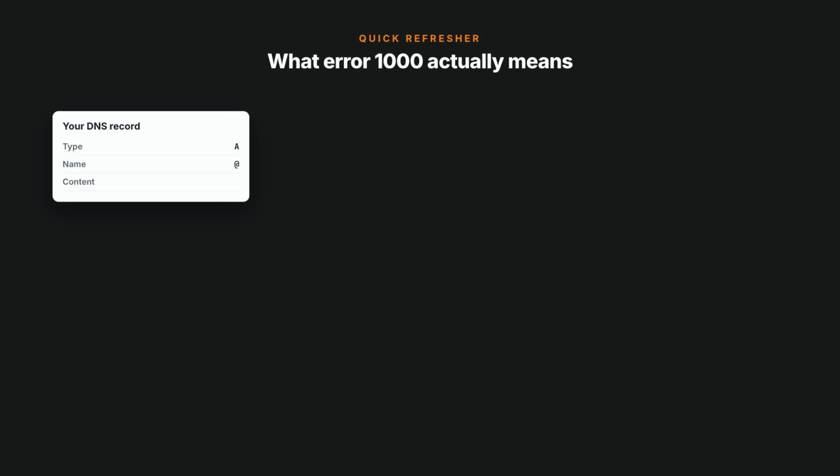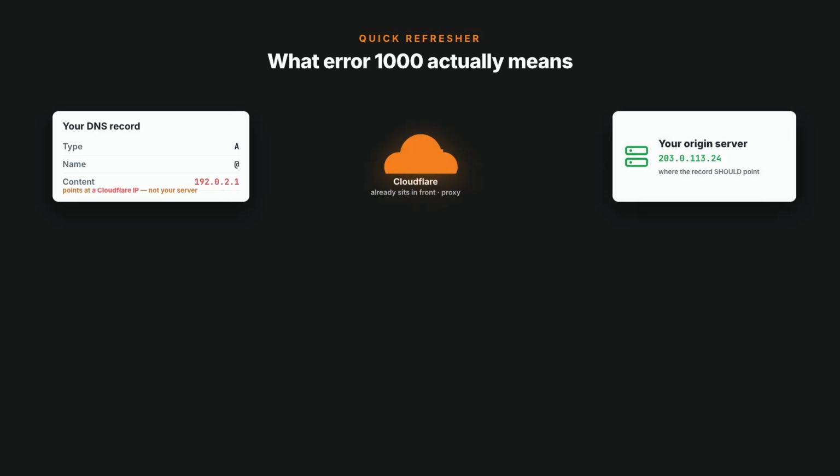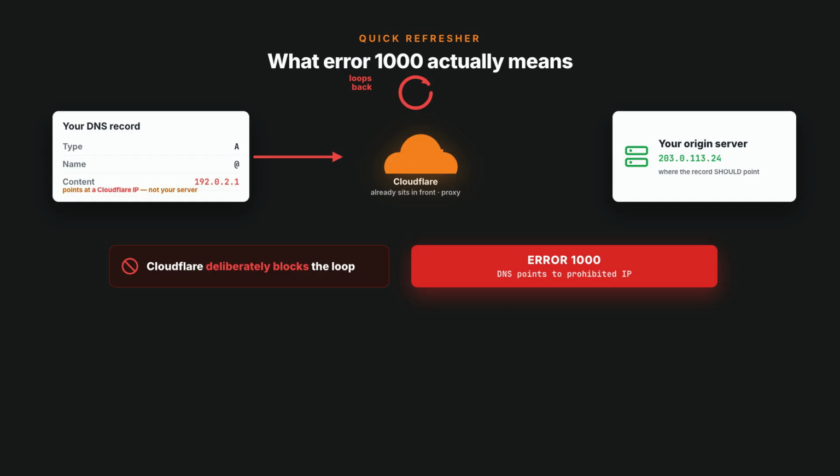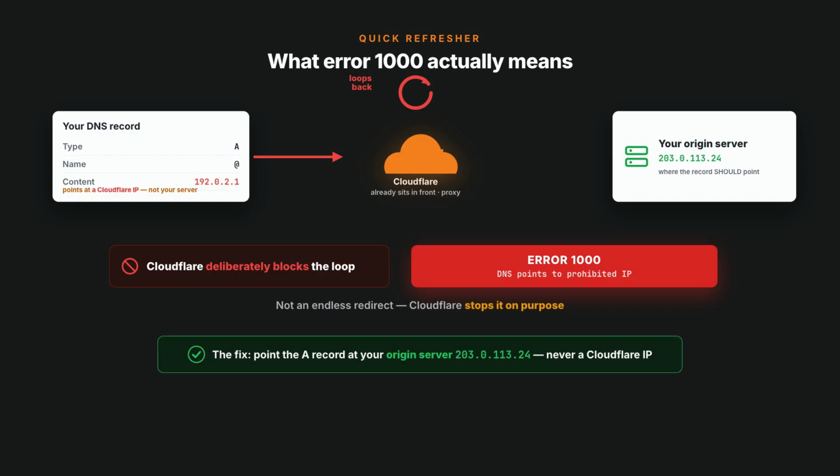Let's dive right in. Quick refresher on what's actually happening. This error fires when one of your DNS records is pointing to a Cloudflare IP address instead of your actual server's IP address. Since Cloudflare is already sitting in front of your site as a proxy, having a record point back at Cloudflare itself creates a loop that Cloudflare deliberately blocks, rather than letting your site disappear into an endless